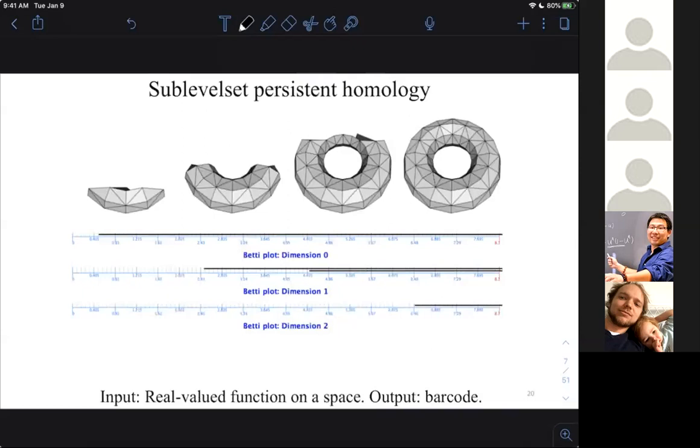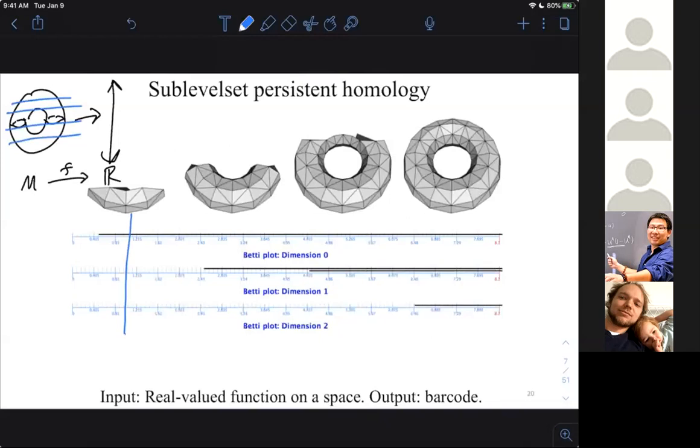That being said, the first part of my talk will be on sublevel set persistent homology. So what we have here is a space. For us, it's a torus right now, and it's equipped with a map to the real line. It doesn't need to be a manifold, our space. We're cutting our space at different heights and looking at the regions below that height. So if I cut my torus at 4 heights, I get these 4 different pieces.